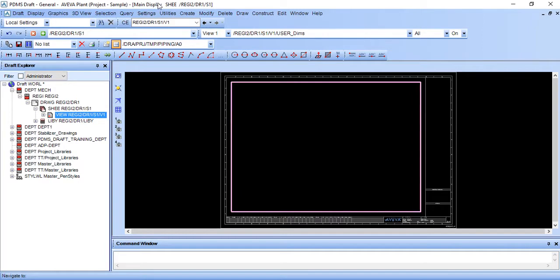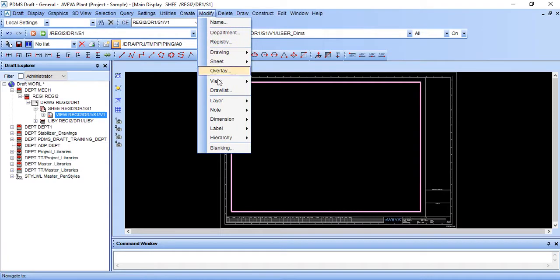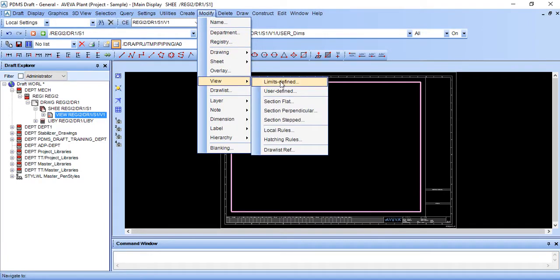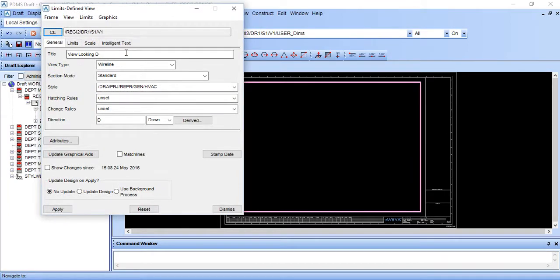After selecting this, go to modify, view, limit, define, and we want top view, so we are looking in the downward direction. Here it is D, no need to change.